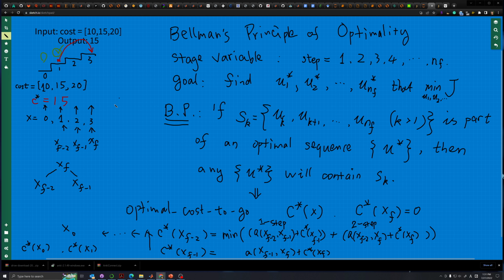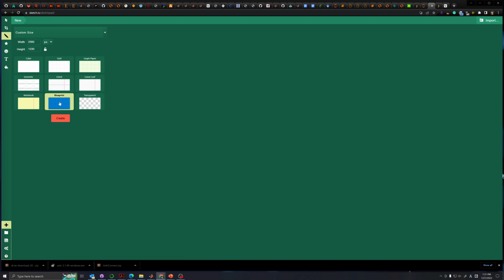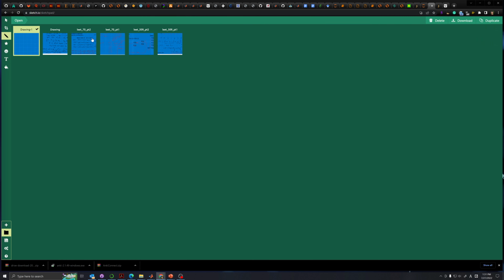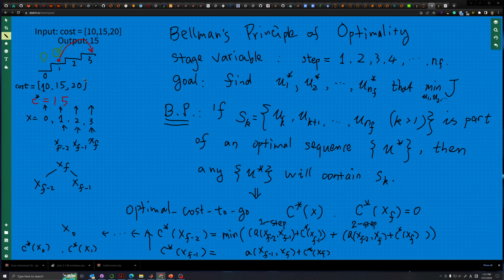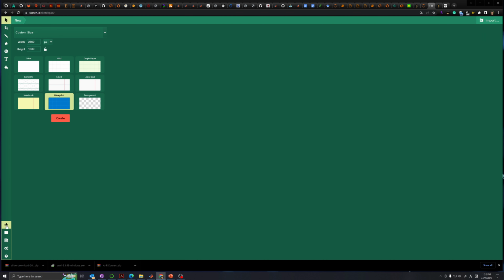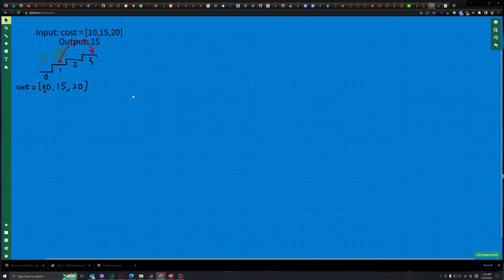So let's start a new page and walk ourselves through that process. Okay. Let's just take this, for example. We're going to take everything from here and copy it. And then when we move to a new drawing, we hope to paste it. Yep. And here we can continue with our dynamic programming